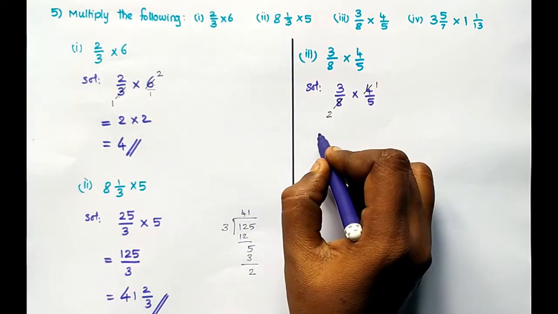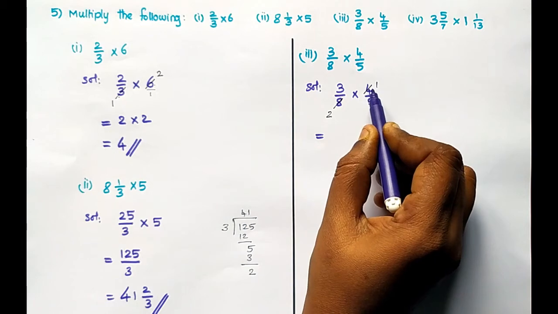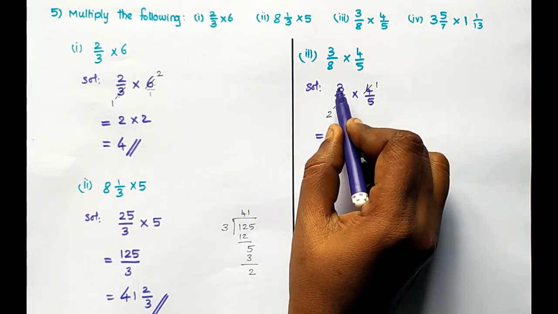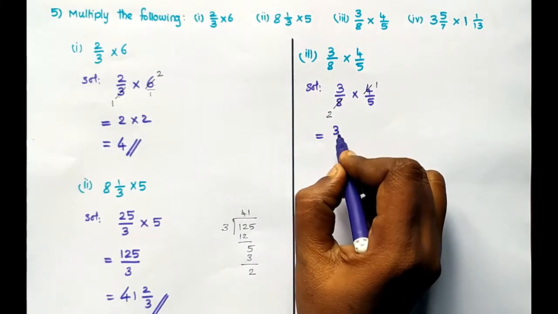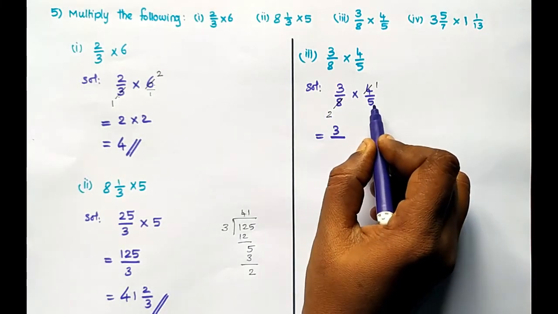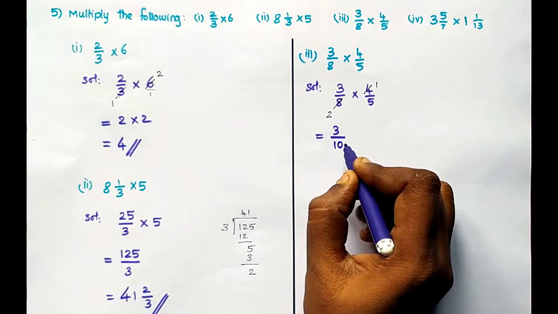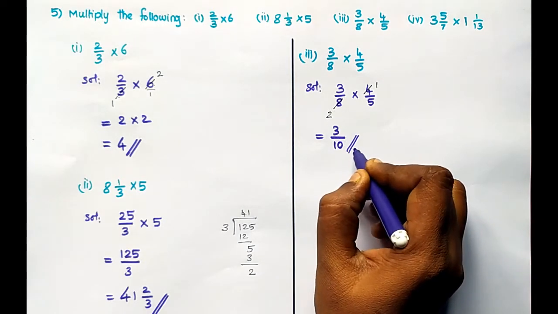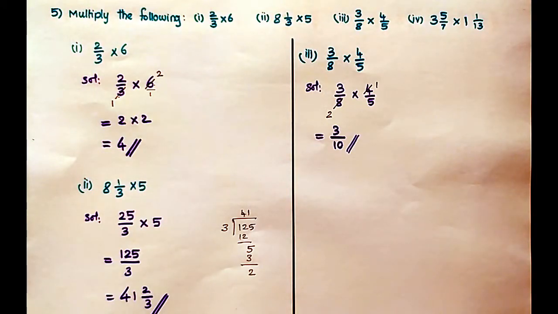No. So multiply the numerator with numerator and denominator with denominator. So 3 1s are 3, divided by 2 5s are 10. So 3 by 10 is the answer here. Next one,